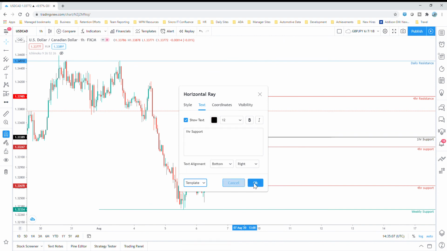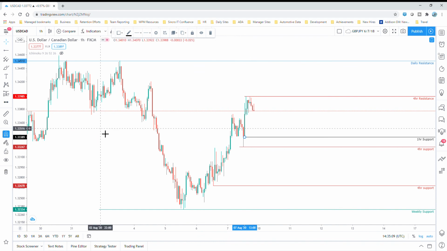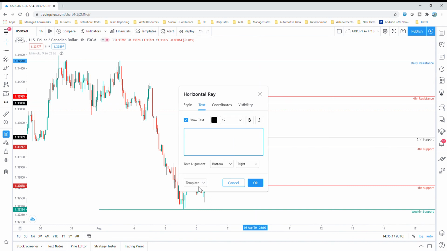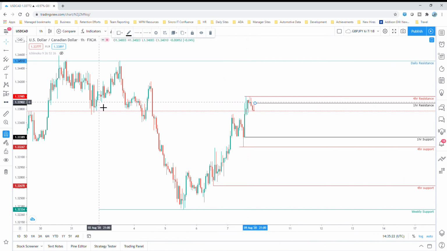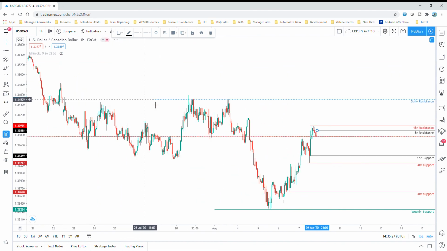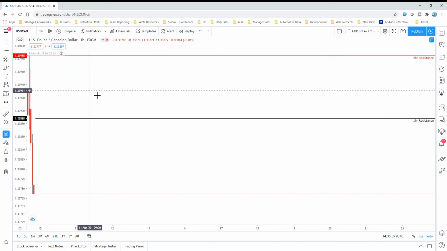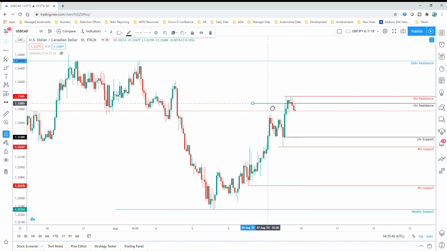So 1 hour support. And we'll take this here as a 1 hour resistance. Again, looking left. 1 hour resistance. Alright, so again, looking left here, right? Support, resistance. Price kind of moves sideways in these areas. Stalls out. Right? Resistance here, support here. So, alright, so now that we have our support and resistance zones marked out,